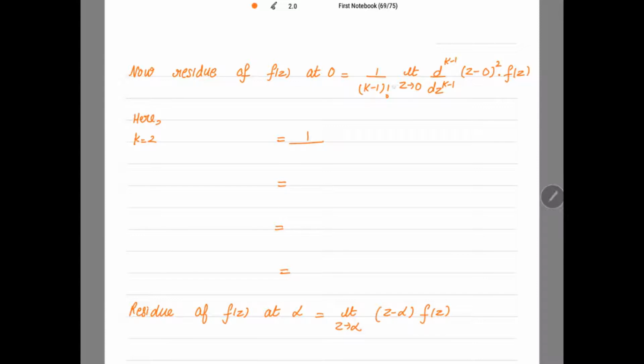So put the value: 2 minus 1 factorial is 1 factorial, which is equal to 1 only. So limit z tends to 0, d by dz of, we have to differentiate. Now here 2 minus 1 is 1, that means we have to differentiate only one time. (z minus 0) whole square is z square into the function f(z), and that is equal to